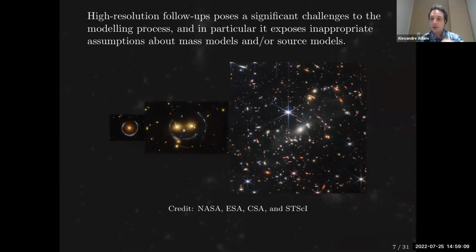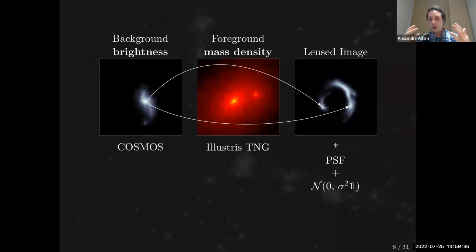But this kind of very careful analysis is often much simpler in cases where you have maybe a group of galaxies, like the one in the middle, the smiley gravitational lens, or the one I showed earlier, where you have maybe one main deflector. People have usually not studied these with pixelated or freeform reconstruction, because the assumption has been that a few parameters are enough to characterize the mass distribution. But in my work, we've been questioning this assumption. We've been asking the question: if we have these complicated lens images, can we actually learn something more about these mass distributions?